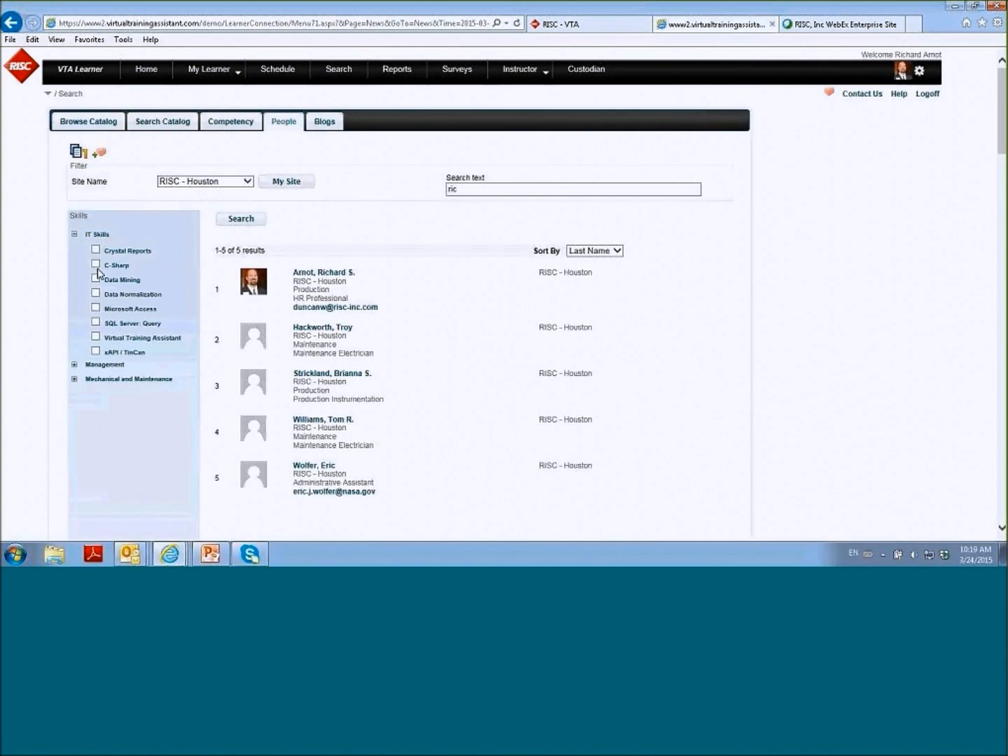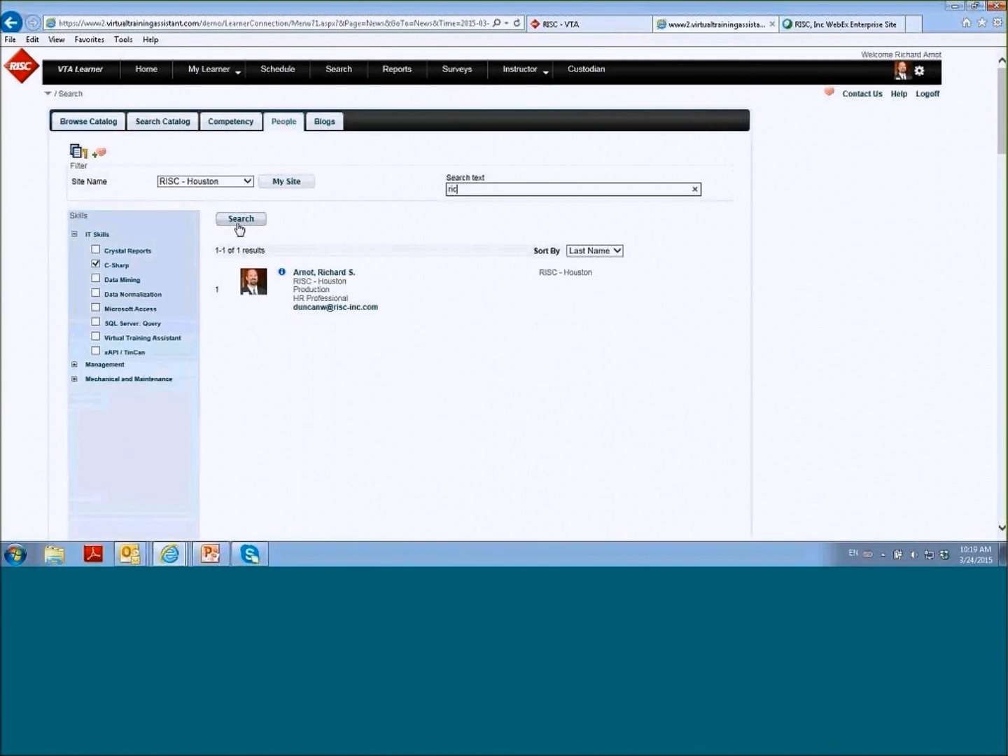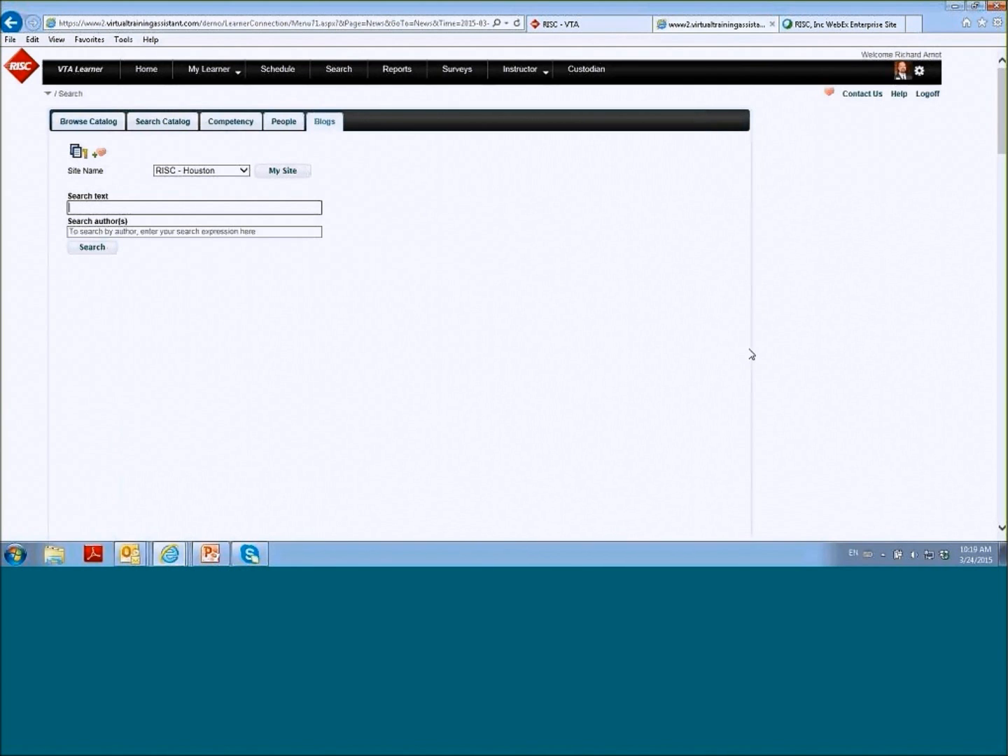I can also go through and say, I want to see someone that has RIC in their name, their department, their work area, their job title, and that has C# skills. And when I do that, these filters work together, so I can track down just the person that I'm looking for. So again, a new function really to help find people and find out additional information about them, and then finally searching